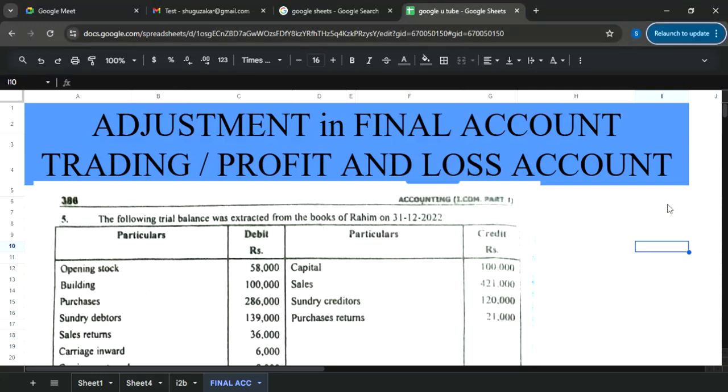Today's target is to solve question number 5. The chapter which we are related with is adjustment in final account. As usual, we have our question. Debit side and credit side is available, so it's a trial balance. And the second thing which we do have is our